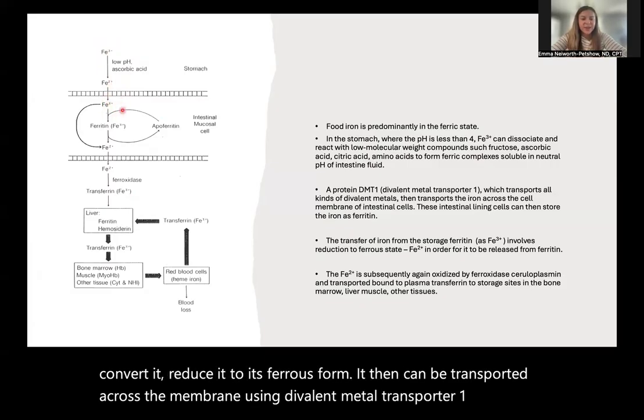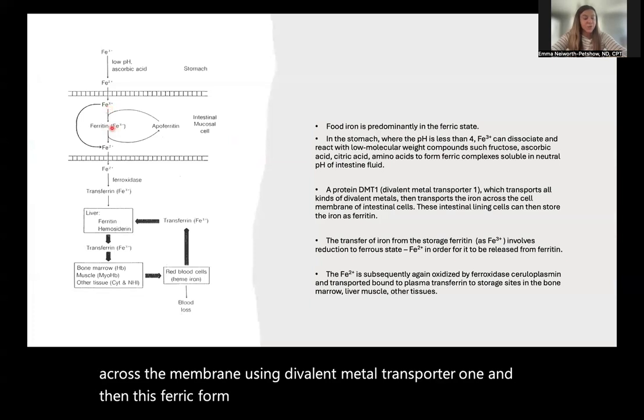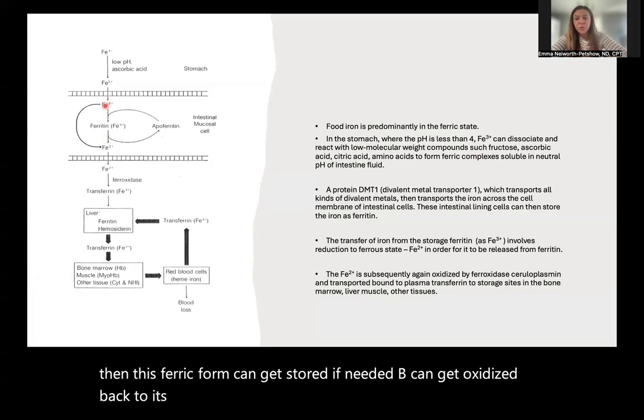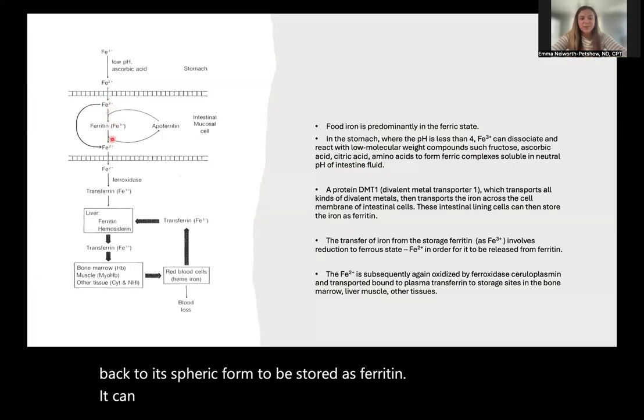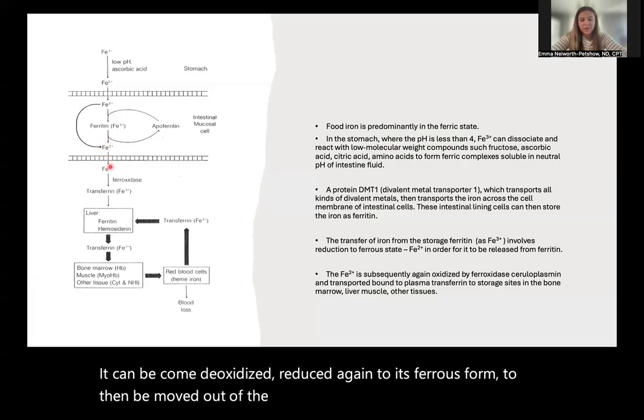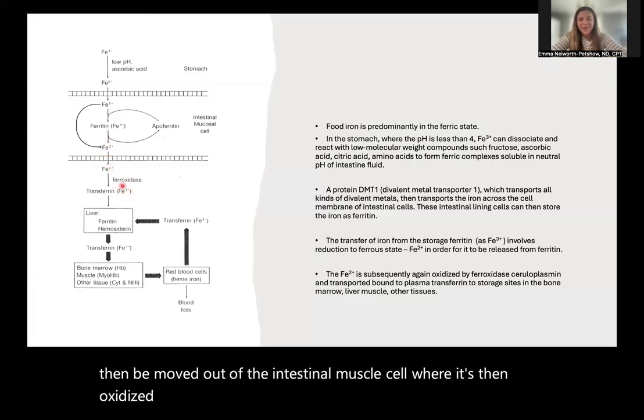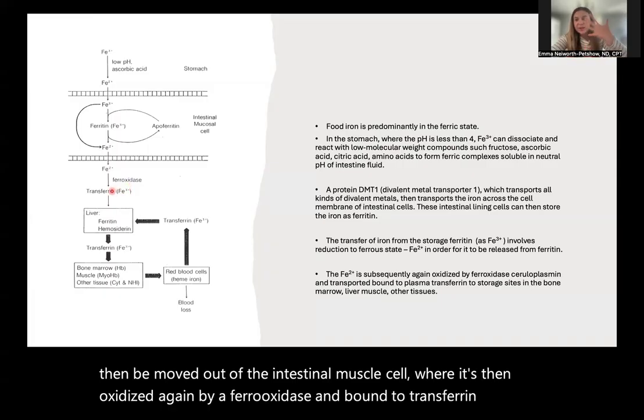And then this ferrous form can get stored if needed, can get oxidized back to its ferric form to be stored as ferritin. It can become reduced again to its ferrous form to then be moved out of the intestinal mucosal cell where it's then oxidized again by ferrooxidase and bound to transferrin, which now can transport